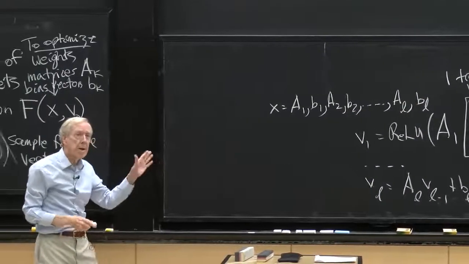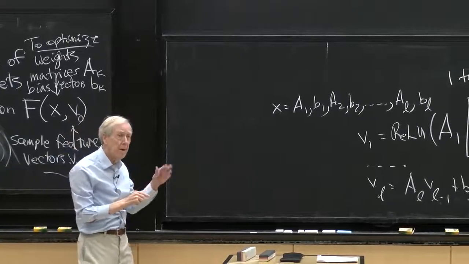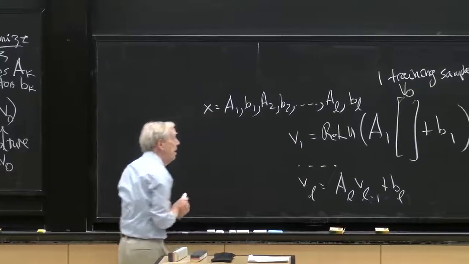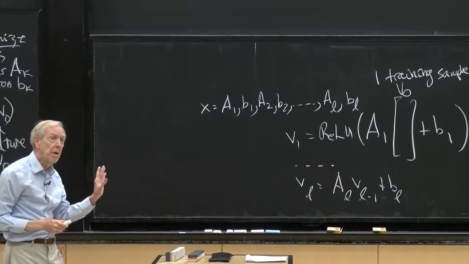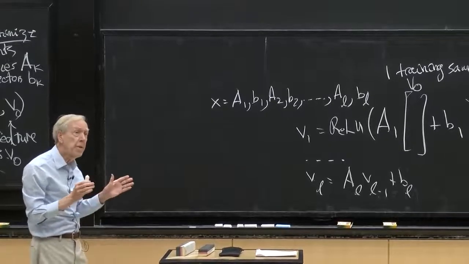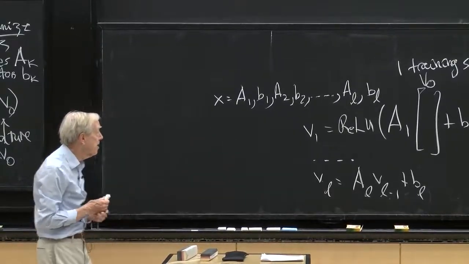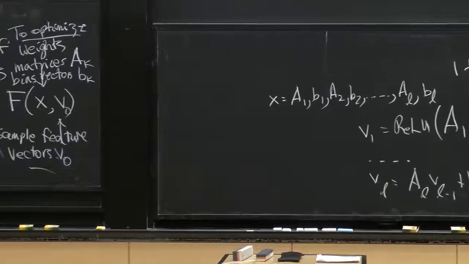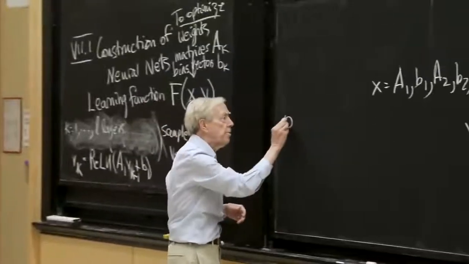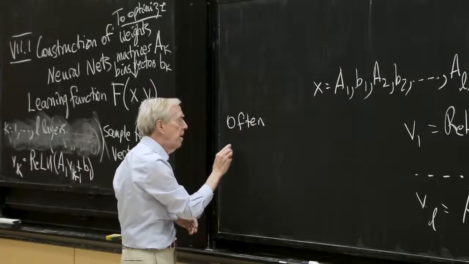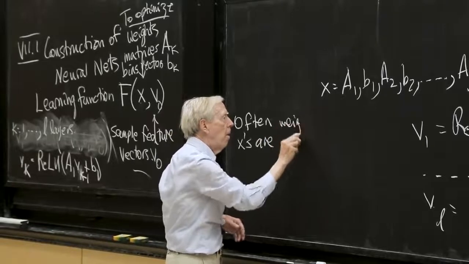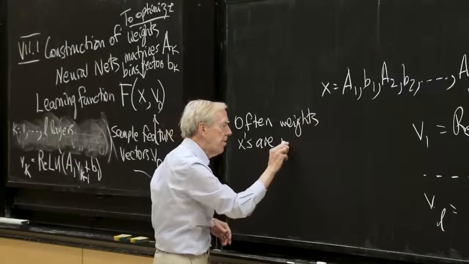So that's the collection of all the weights. And the important part for applications in practice is to realize that there are often more components in the weights than there are components in the feature vectors, in the samples, in the v's. So often the size of x is greater than the size of v's, which is an interesting and sort of unexpected situation. So often, I'll just write that. Often the x's, the weights, are underdetermined